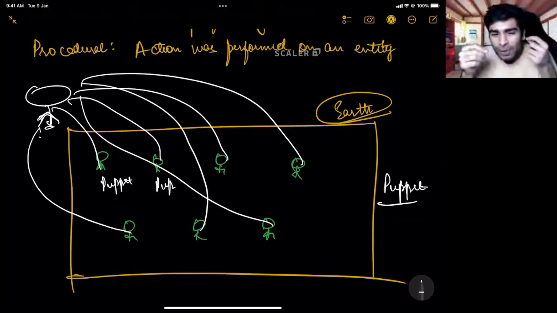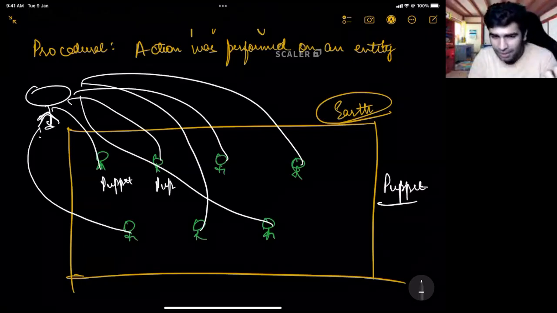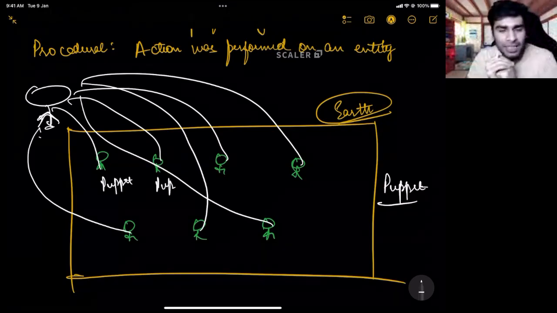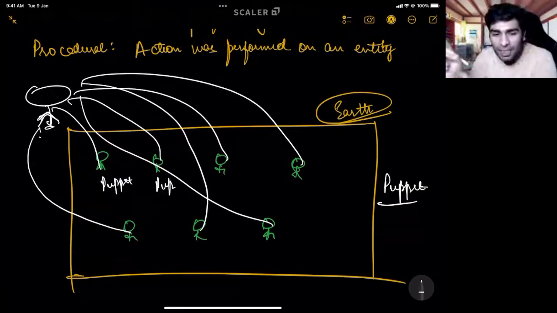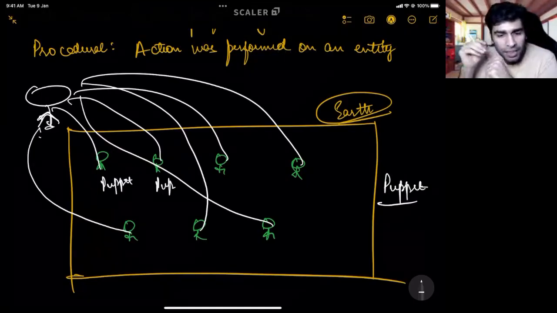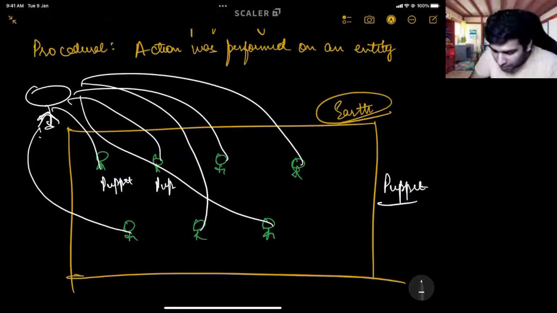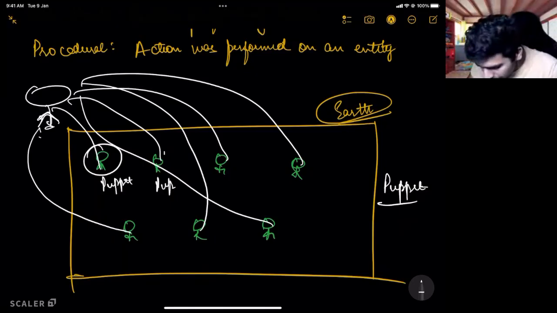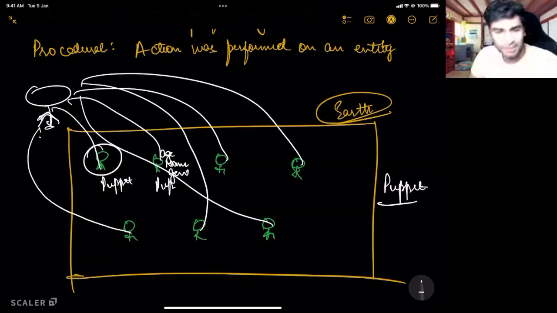Puppets, can they do anything by themselves? Not really. Puppets do whatever their holder or manager makes them do. This is how a procedural programming language works. In a procedural programming language, every entity is nothing but like a puppet. You are just a set of attributes. For example, each of us is nothing but an age, a name, a gender. That's it.